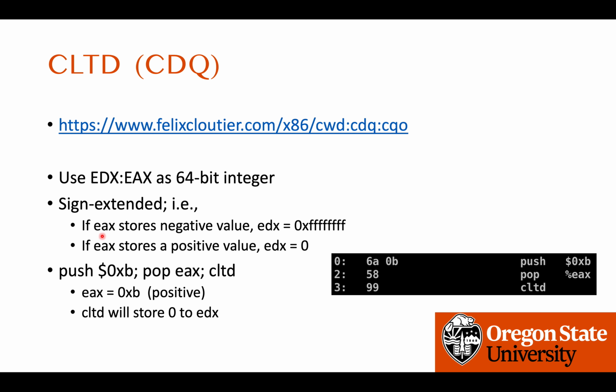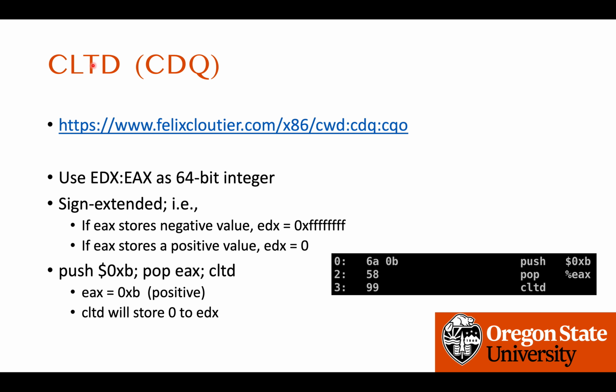That representation requires that if EAX stores a negative value, then running CLTD will set the EDX value to all 1s, because that will represent the same negative value that EAX holds in 32 bits. But if EAX stores a positive or non-negative value, then EDX will be set to 0 by running a